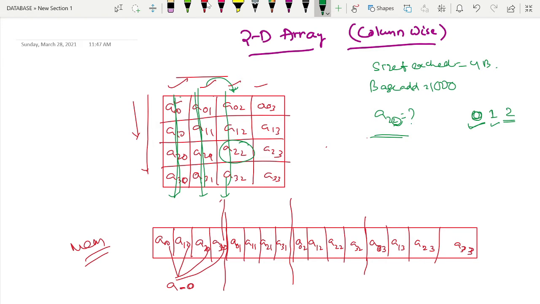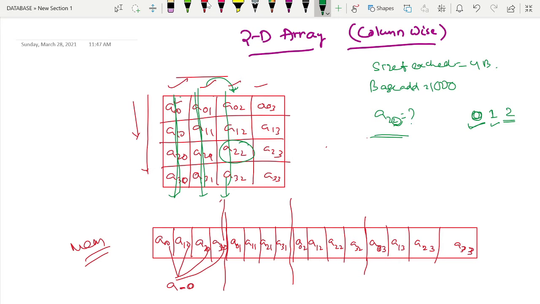Like in the previous case of the 1D array, I have taught you what element we are expecting. It may be the row number, it may be the column number, it may be the element number. What is the number we are expecting? We need to find out how many elements are there before this. Like if it is column, then how many columns are there before it? If it is element, how many elements are there before it, right?